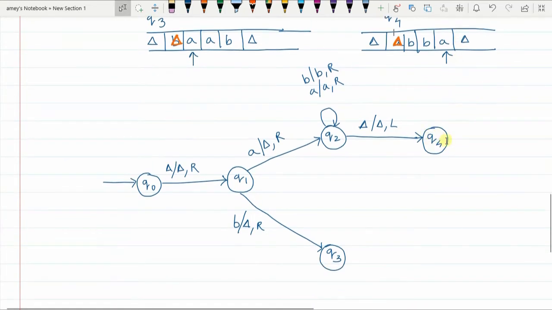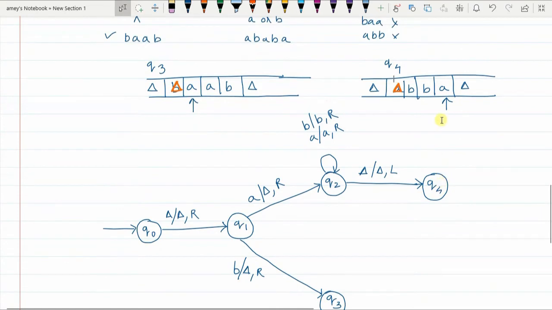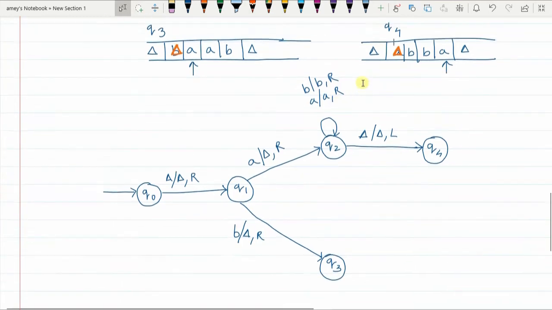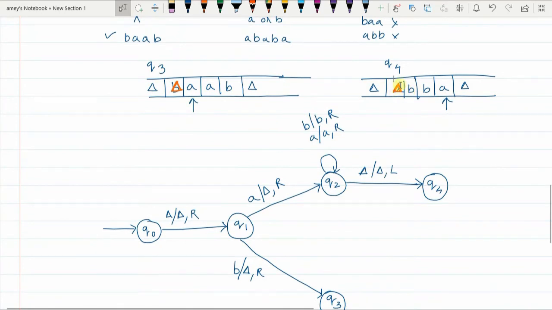Now when you are in Q4 state, one thing is very sure: the cell element which the pointer is pointing to happens to be the last element of the string. Your calculation started by wiping the first A. Now you have reached the last element. If that is also A, then there is a match.